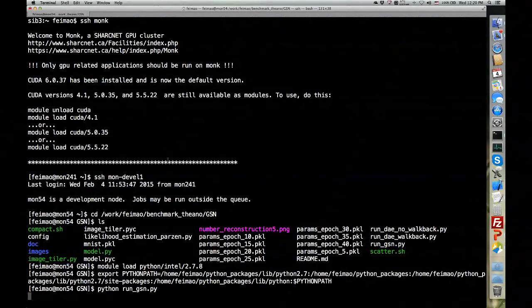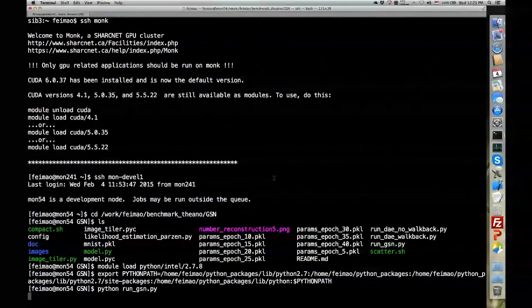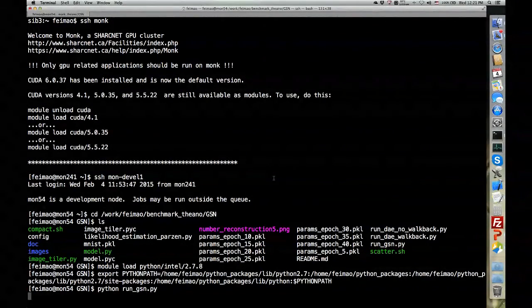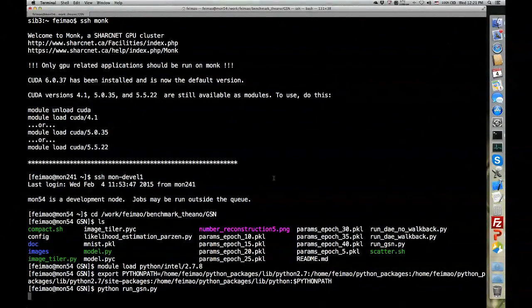So let's check what's happened here. It will take a little bit of time because Theano has to compile the binary file first and then do the calculation. So all the calculations are compiled with C, and it can run efficiently. So we need some time here, but